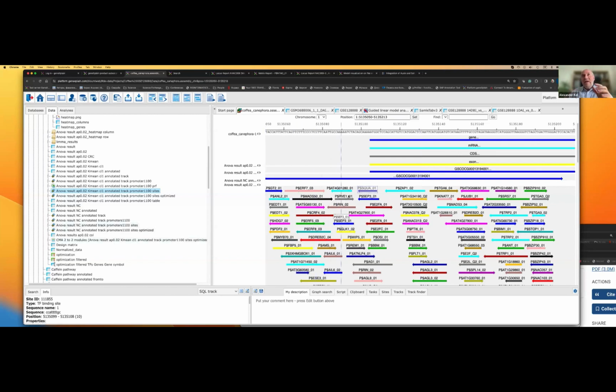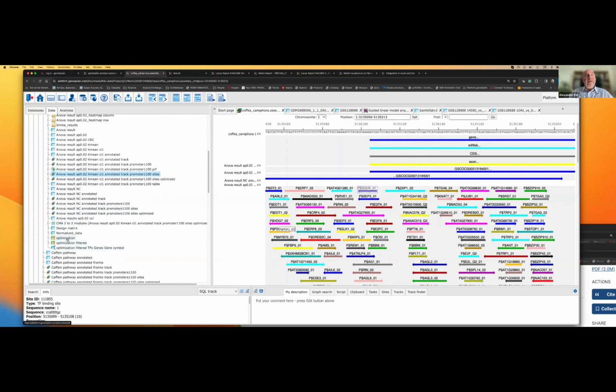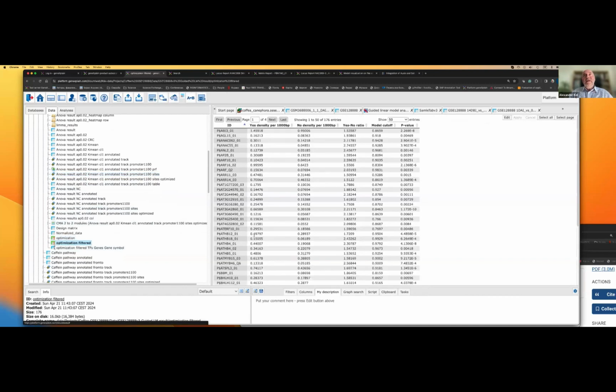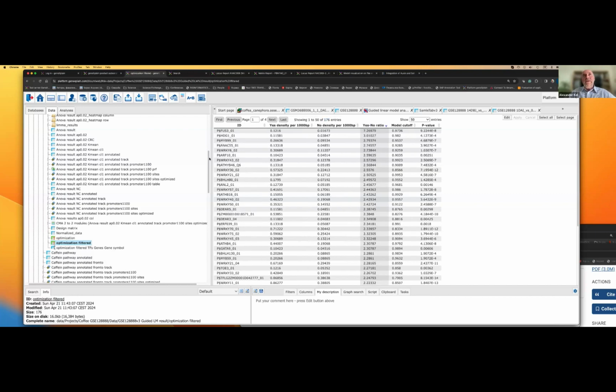So we compare which sites are found here in the promoters of the changed genes, and which sites are found in the promoters of non-changed genes, and we compare those two things. Then we get such output like this, where you can say we found 176 PWMs, basically motifs, which are enriched in promoters of these genes of our interest compared to promoters of non-changed genes. And it calculates this enrichment